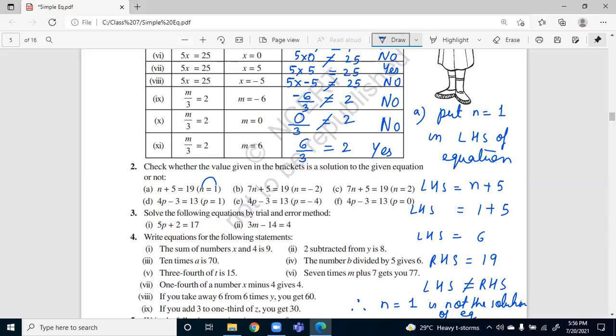Ma'am, B part is correct because if we multiply 7 and 2, which is n is equal to... What you are saying, Rakshita? Please complete this statement as I have done. Write it in your copy, then do B part. Don't be in a hurry. You have not seen the question properly. Please see the question properly and then reply.